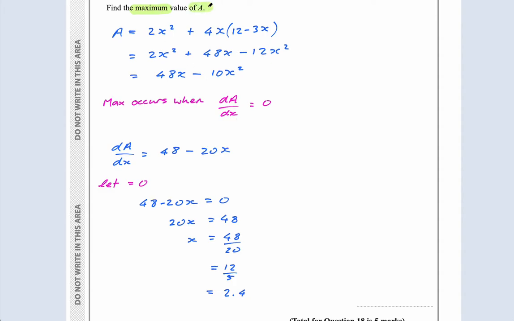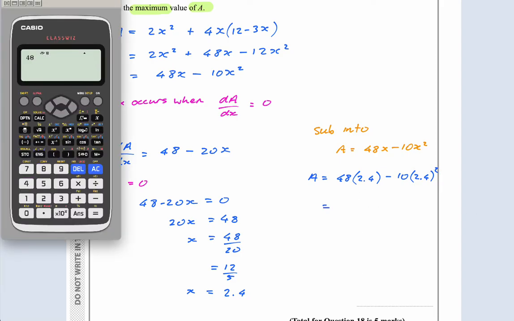Look, it says it here. So that's x. We need A. How do I get it? Well, I'm going to sub into A equals 48x minus 10x squared, because that is the area. So A equals 48 times 2.4 minus 10 times 2.4 squared. Use your calculator. Definitely 48 times 2.4 plus 10 times 2.4 squared gives me